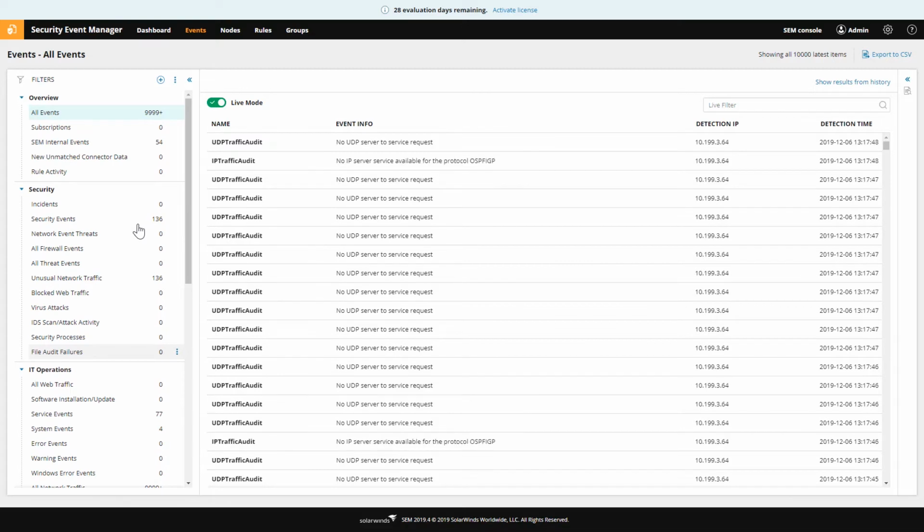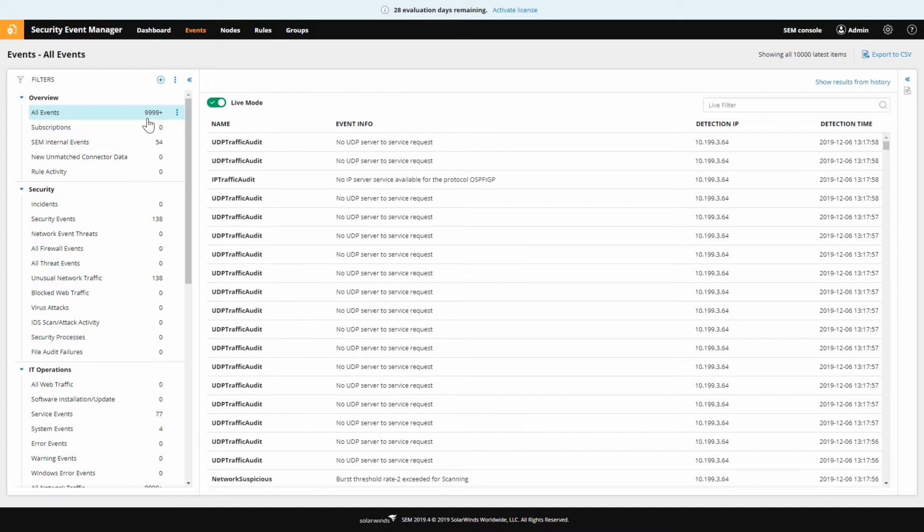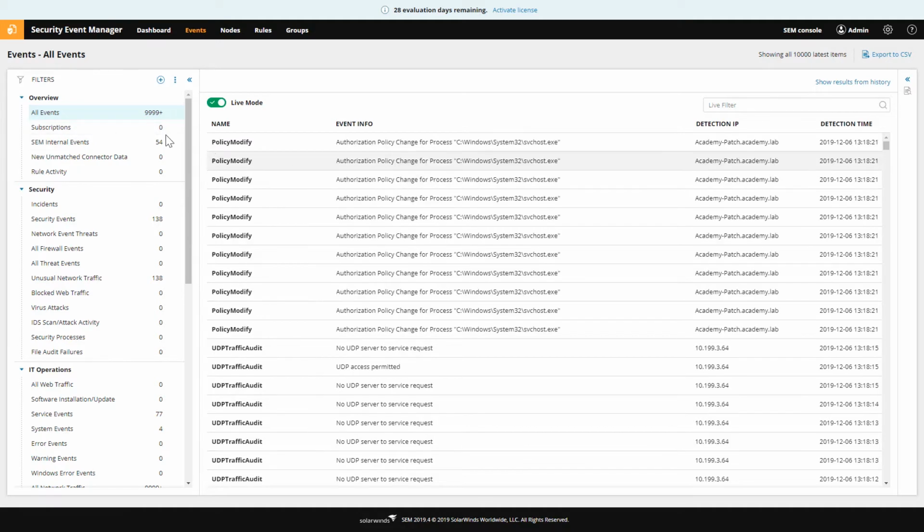We'll create a separate video later on to do a deeper dive on filters and advanced configuration, editing, deleting, and so on. For now, we'll leave it at that. But let's have a look at a few of these filters and I'll let you know why they're important. Obviously the one we care about most is going to be all events. This is basically the non-filter filter, a filter with no criteria or conditions on it. So this is a stream of literally every event coming into SEM as it comes in.